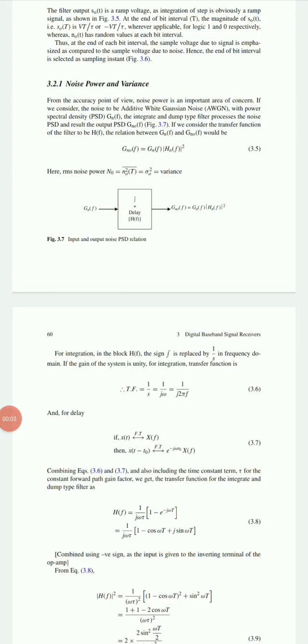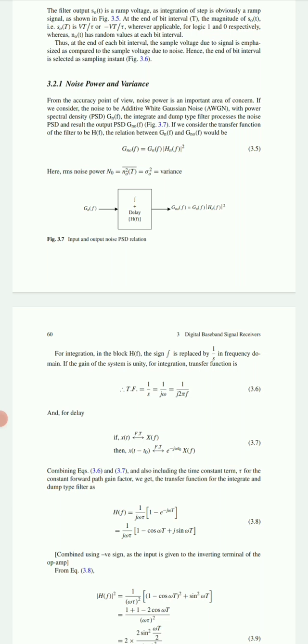Hello everyone. Here we want to study how to improve SNR and how to reduce intersymbol interference. When we are doing the transmission and we get the data at the baseband receiver, at that time we are supposed to improve SNR. So here we can see noise is the important area, because here we are supposed to